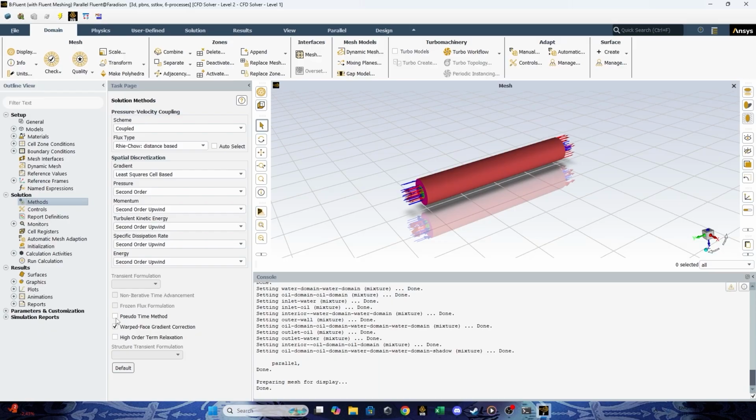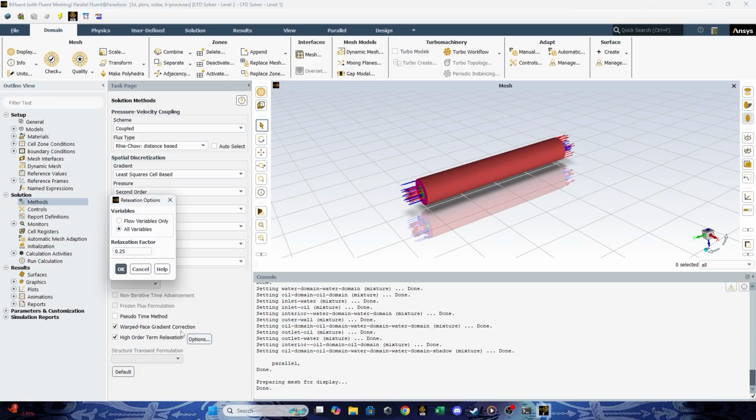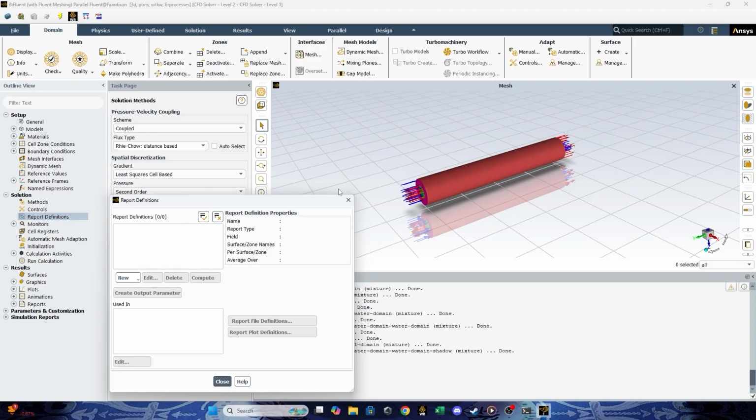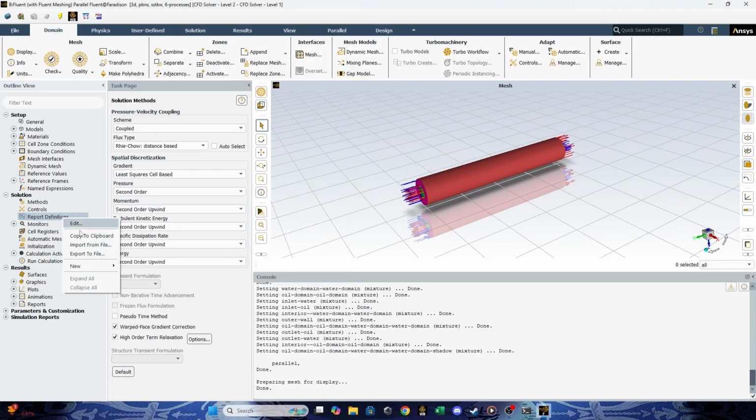And I will change here: no, I will not use the pseudo time method, and I choose the high order term relaxation to relax my calculation for all variables.